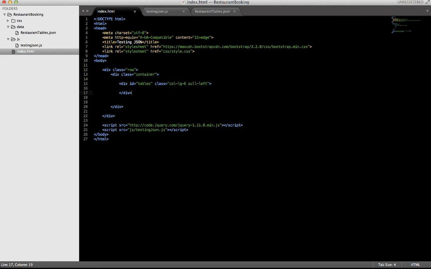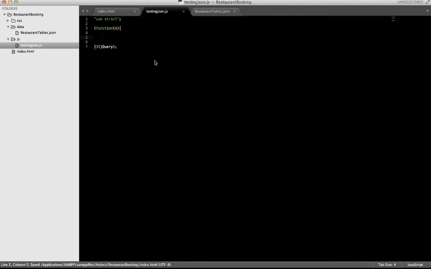So in order to show our data, as we can see here, I put my data into the folder data, and I have my index file here and my JavaScript file here. So I will save this and then jump to my empty JavaScript file. It holds only the basic structure for a jQuery setup. When I want to retrieve some data from some JSON data, I will use the AJAX methods in